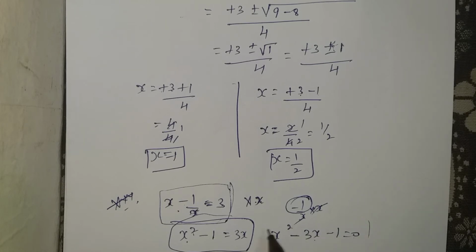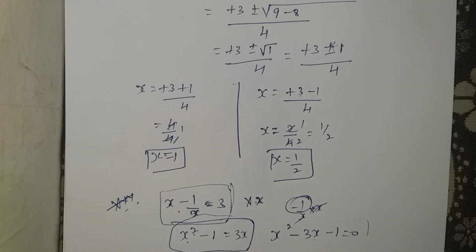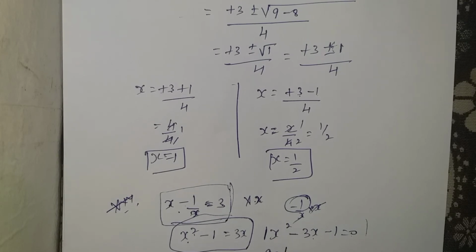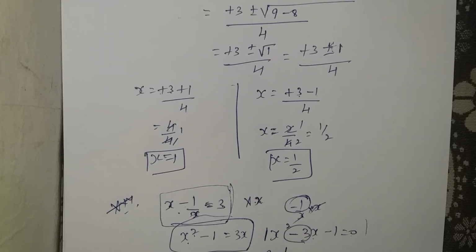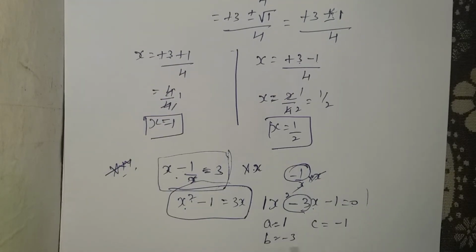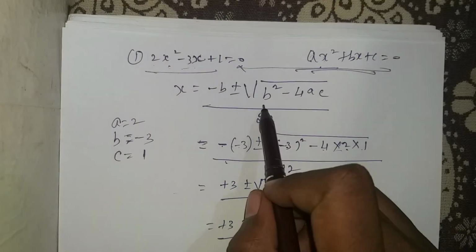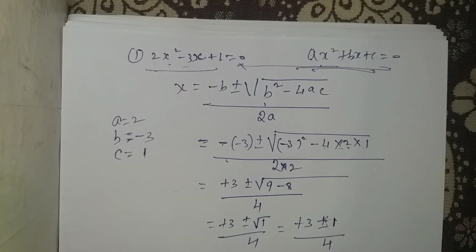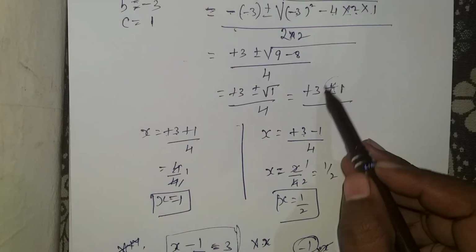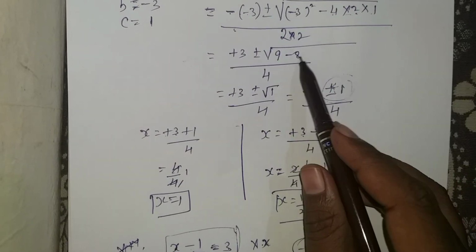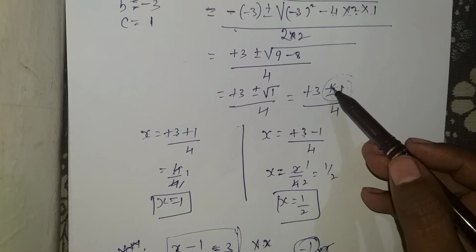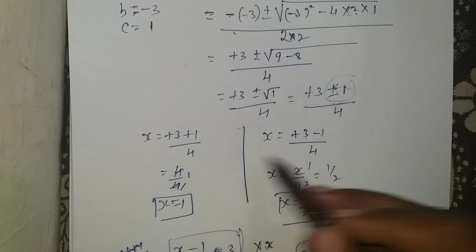Now this equation compare with the general formula and you will get a value. What is a value? Nothing is there, so a is 1. What is b value? It is nothing but minus 3, and what is c value is nothing but minus 1. So now you got a, b, c values, guys. This is the formula. Substitute, you will get the answer of x, two values. So that two values, this is very important. When you remove any value from the root, you will get plus or minus, no? So once you need to do plus, once you need to do minus, like this.